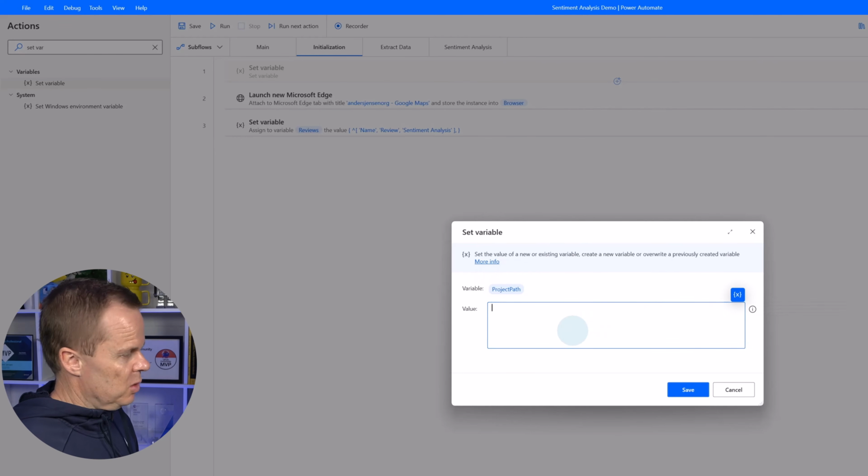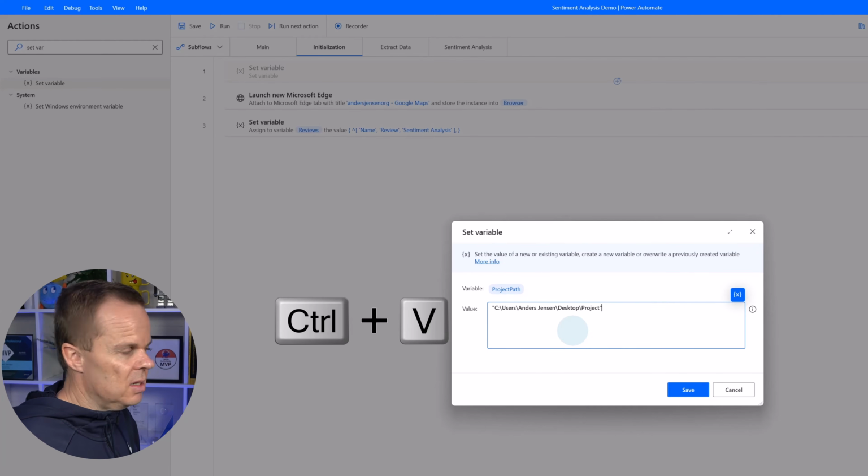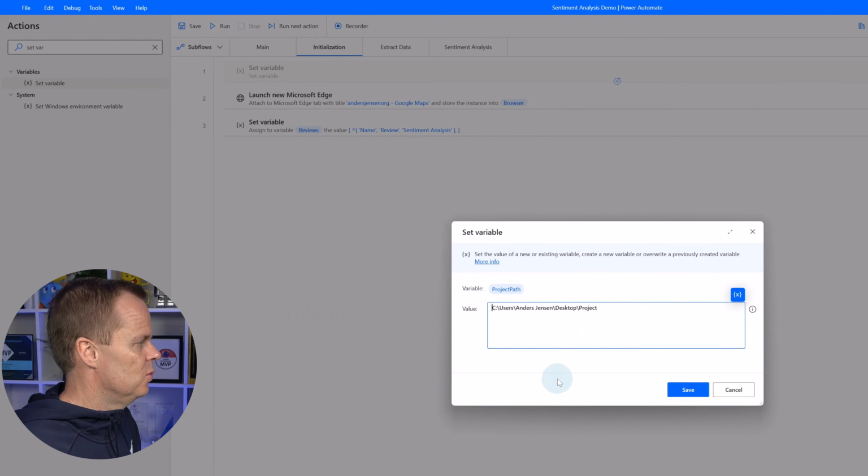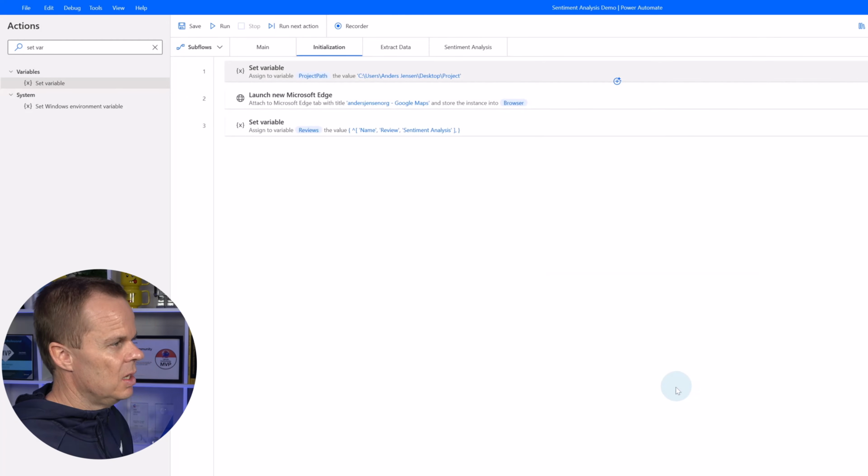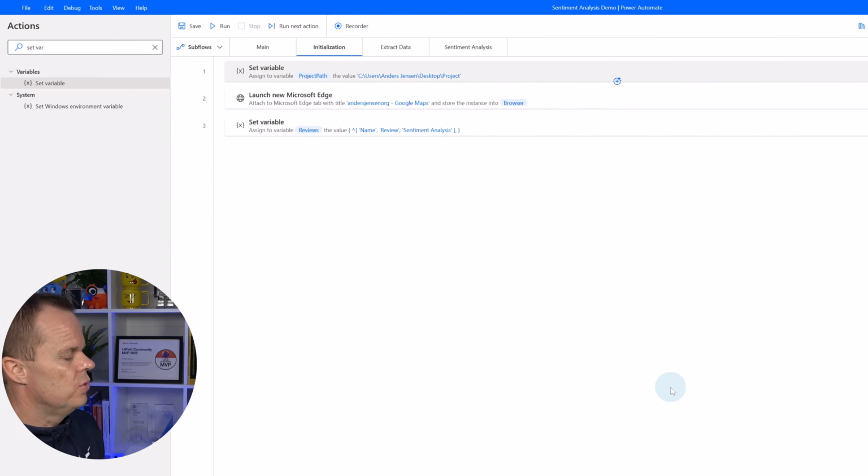Call this one project path. Control V to paste it in, and then you need to delete these 2 quotation marks like this. Then we will click save. Then we want to create an